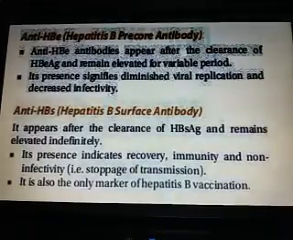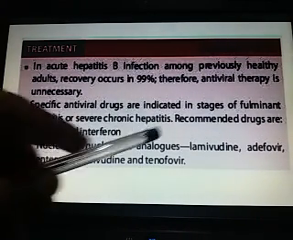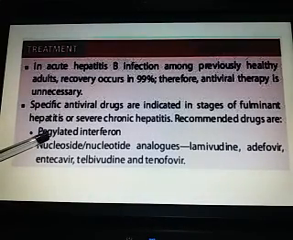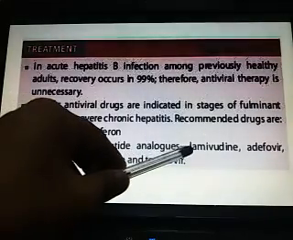Here, treatments. Okay, in acute hepatitis B infections among previously healthy adults, there is a chance of 99% recovery. That means there is no need for antiviral medicines. Specific antiviral drugs are indicated in the stage of severe hepatitis, and drugs may be pegylated interferon, nucleotide analogs, that is